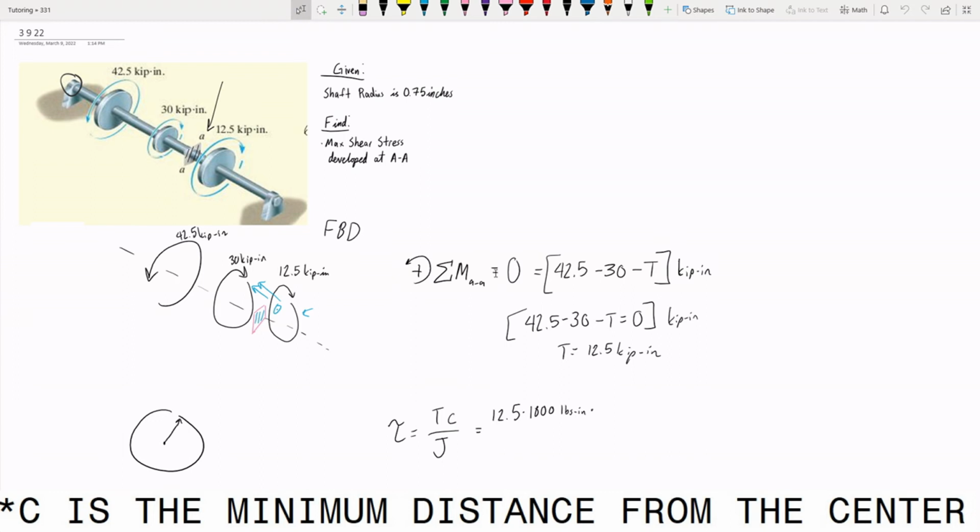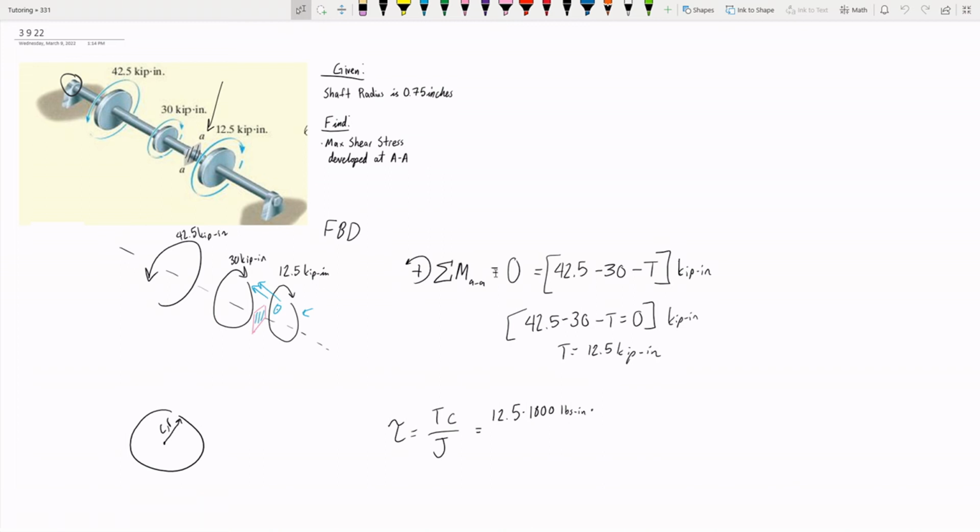So c is right there, which just so happens, because this is cylindrical, to be equal to r. So 12.5 times 1,000 times 0.75 inches divided by our polar moment of inertia,